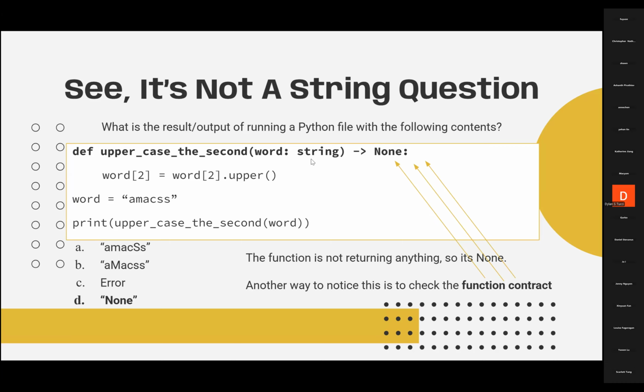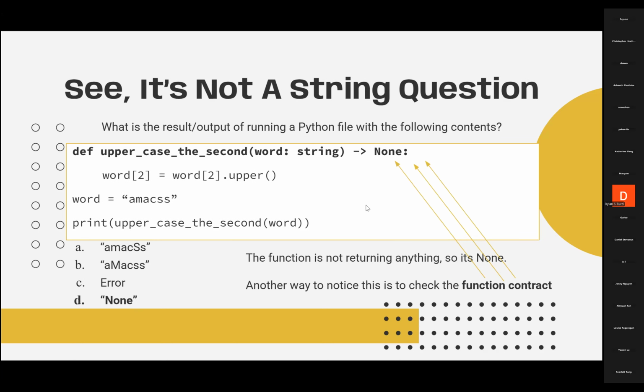So word doesn't need to be string. The type contract is string, so the program expects the user to put a string as the argument, but it can be not a string. So there can be no error in this function. So it is not D, but it is